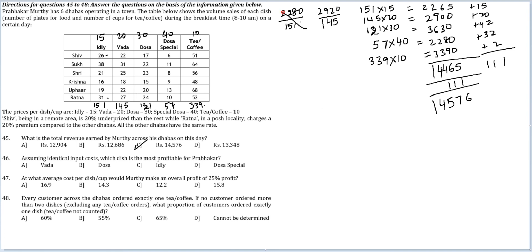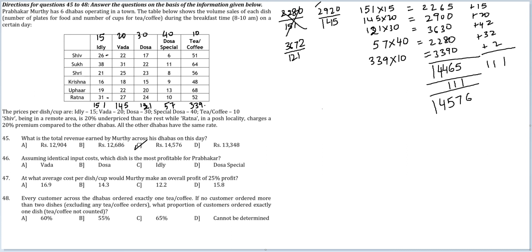This time itself, you can see idli is not the most profitable, because the numerator is larger for vada and the denominator is smaller for vada. So this fraction is winning. Then let's go to the second item. It is 3672 divided by 121. Okay, comparing between these two is difficult. I'll come to it later.